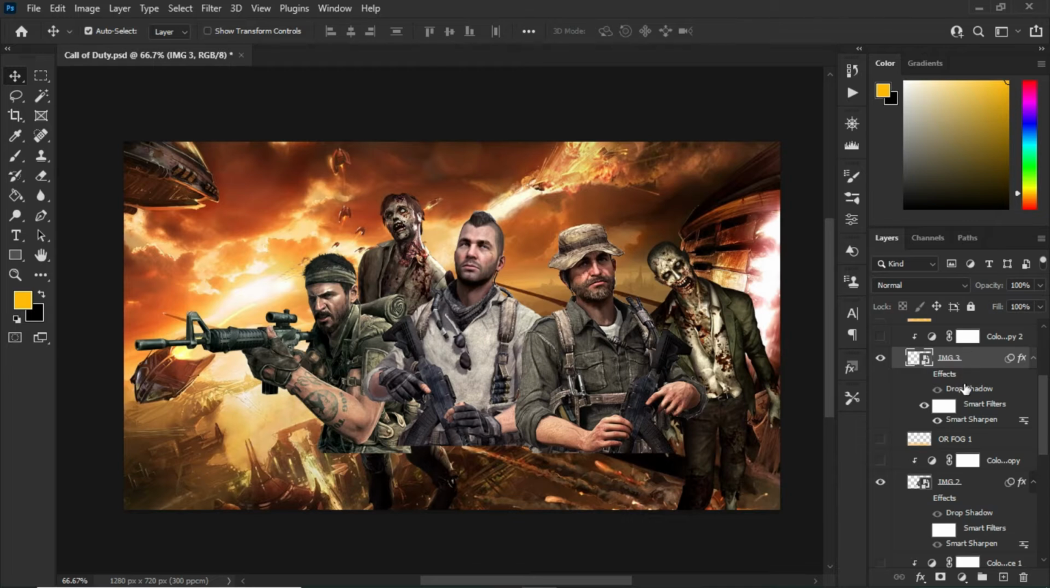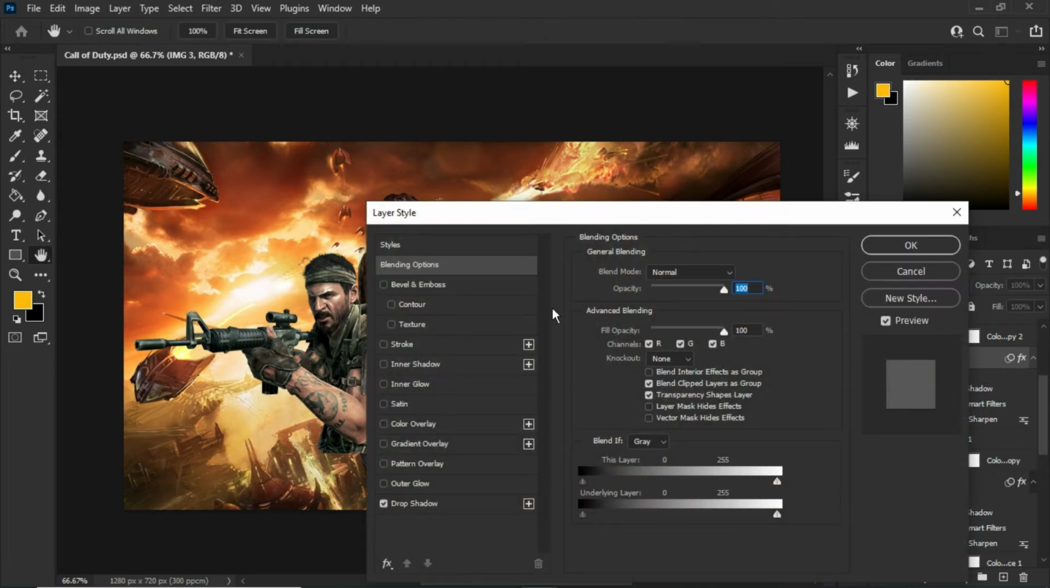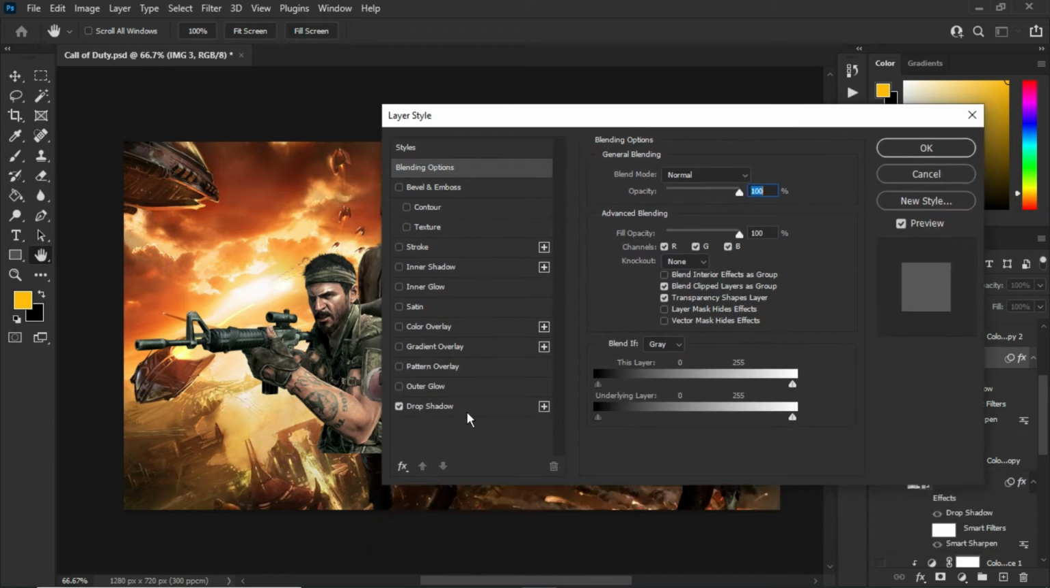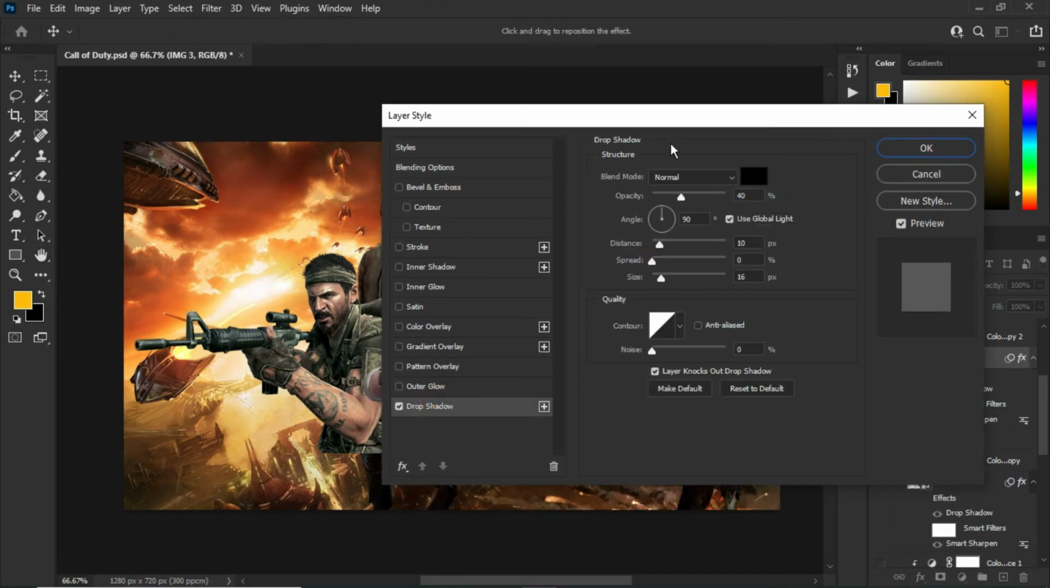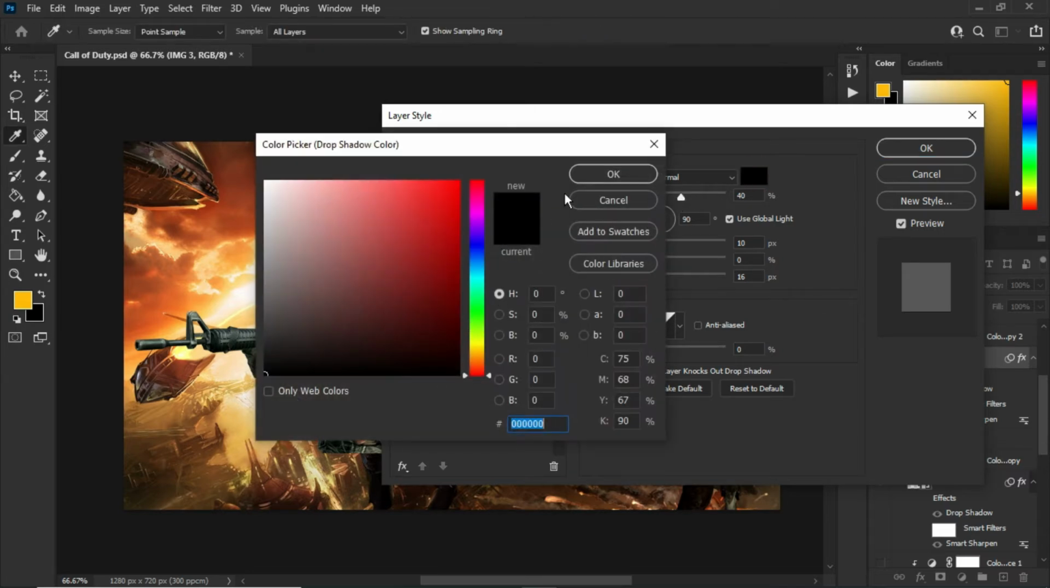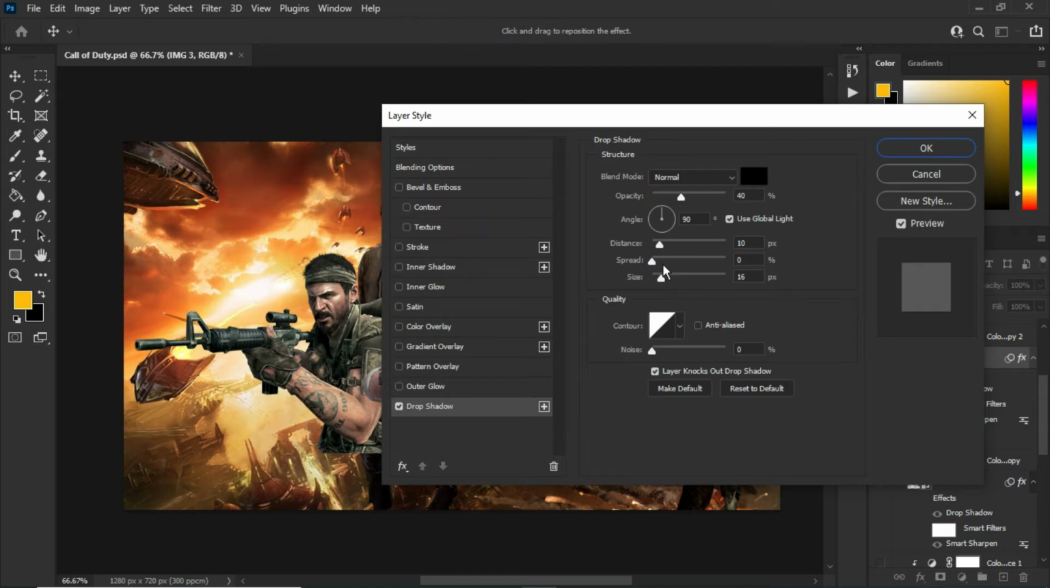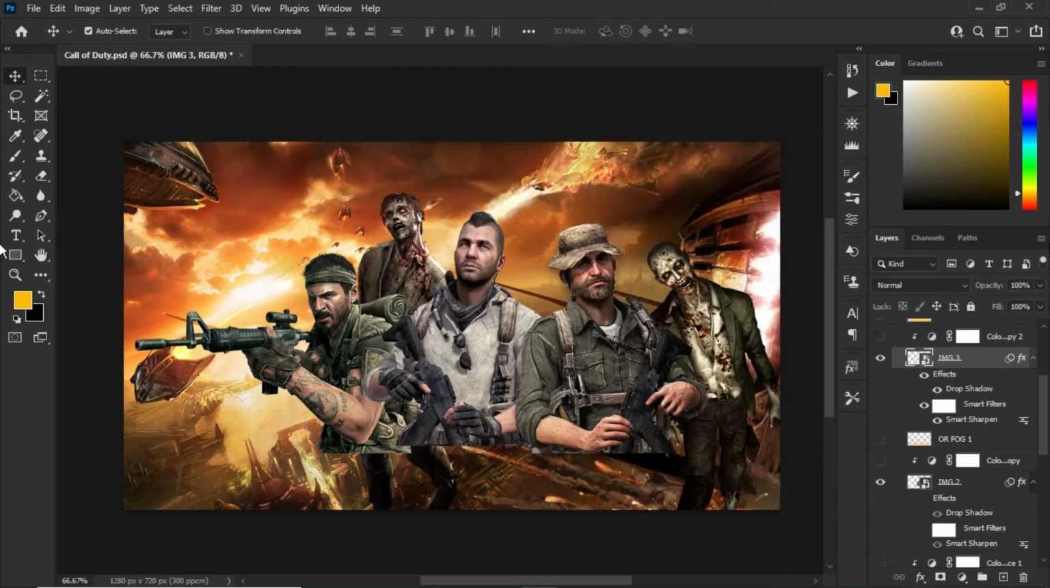After the smart sharpen, what I added was the effects. What I did with the effect is double click on the effects and I selected drop shadow. After selecting drop shadow, I decreased the opacity to 40 and chose black color. Next I increased the size and the distance of it, and that's what I did. As you can see, you see the shadow right at the back of this third shooter. So that's it